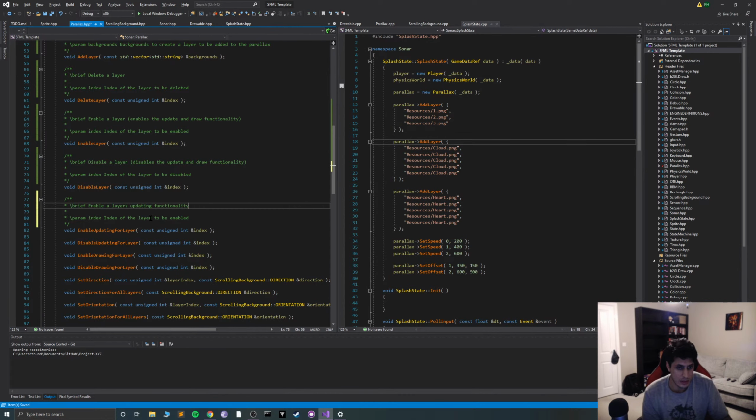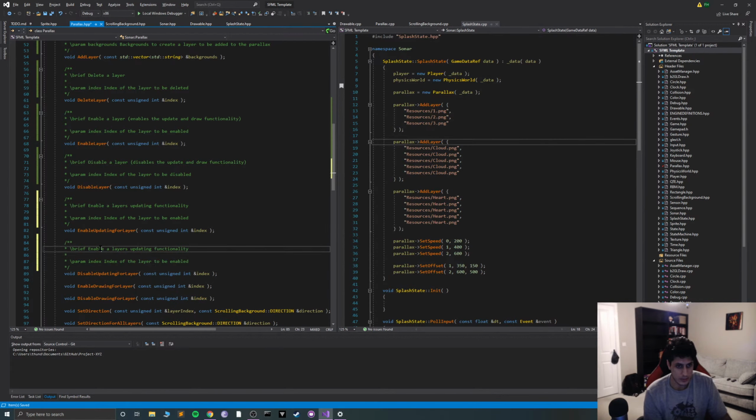Index of the layer to be of the layers. Okay, that's fine. I'll leave it like that. Copy that. Disable.